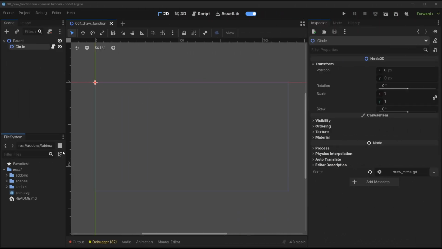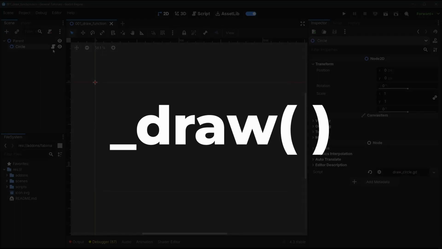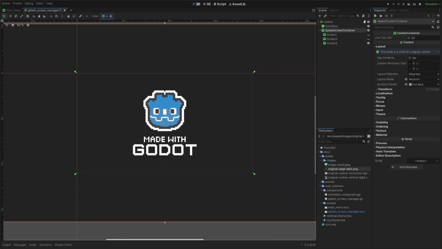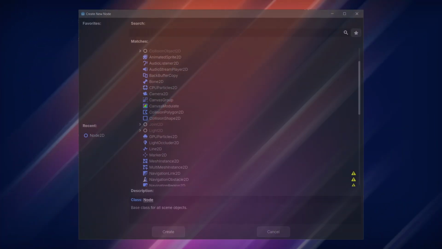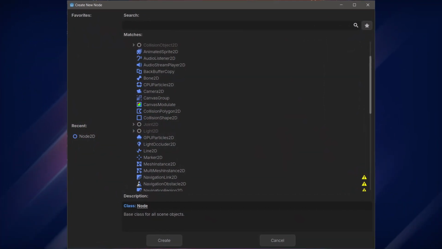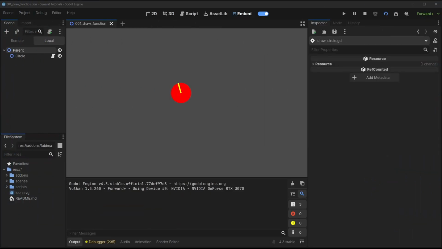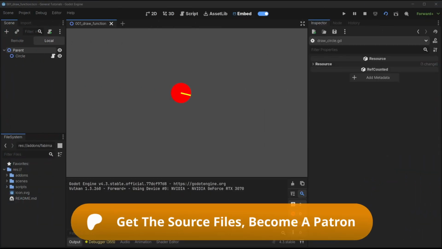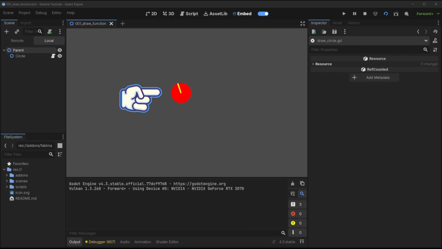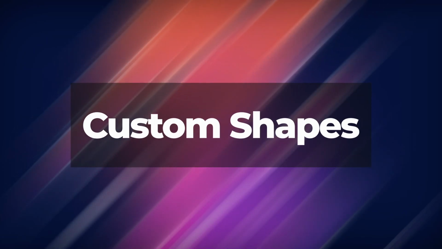In this Godot Engine tutorial, we are learning how to use the built-in draw function to create custom shapes for 2D user interfaces and games. While the Godot Engine has nodes that you can create sprites, polygons, particles, a bunch of other things, when you need to create something that those nodes don't provide, you can actually manually draw on the screen using the built-in draw commands. This can be useful when you want to create specific shapes or objects or a whole bunch of